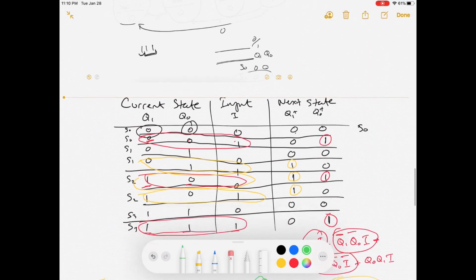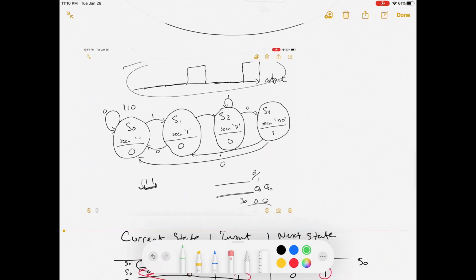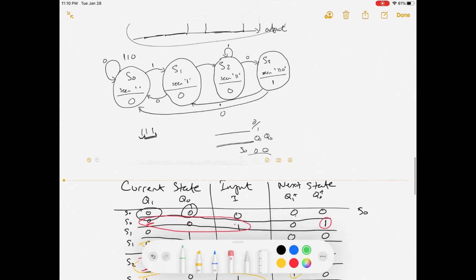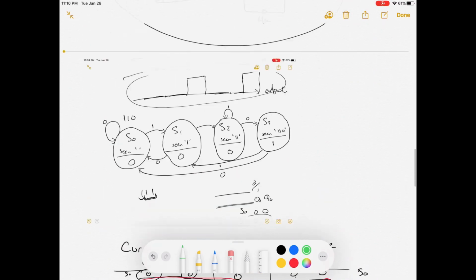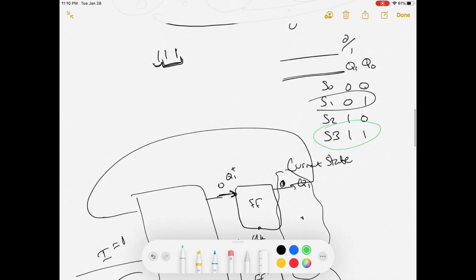The reason I'm saying 1 and 1 is because S3 is our state that represents detecting the sequence, and it is represented in Q1 and Q0 as 1 1. If you want to detect it as a truth table, you can make it a truth table. For S0 it is 0, for S1 it is 0, for S2 it is 0, and for S3 it is 1. So basically this output would be equal to Q1 Q0,